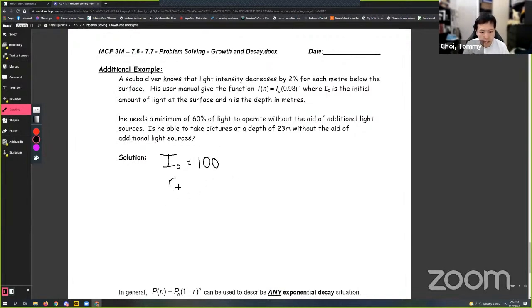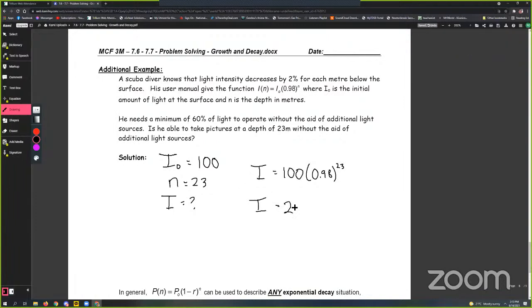But it tells us that n is going to equal 23, and we need to solve for I. So when you plug it into your formula, you would get 100 times 0.98 to the power of 23. And you can just plug it straight into a calculator: 0.98 to the power of 23 times 100. And we get